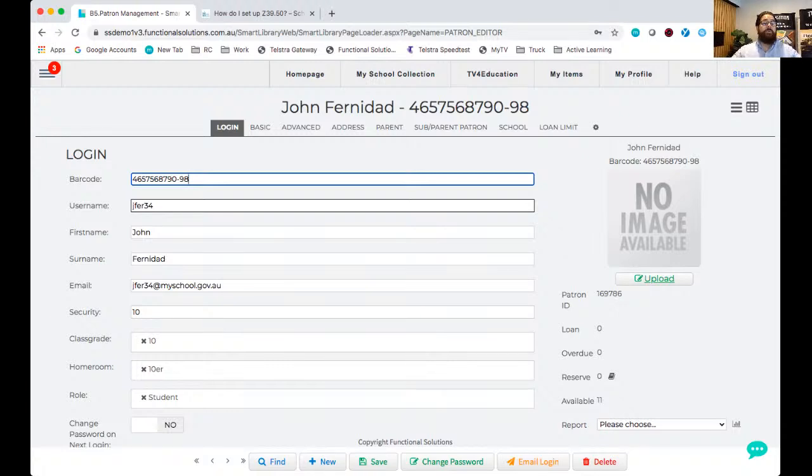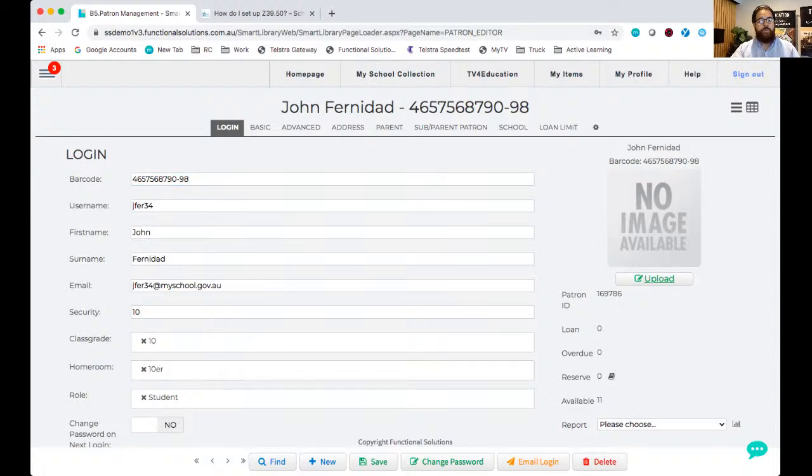The only thing that we need to worry about with our staff members is that last field on the screen here. Now, currently, by default, it always says student. Now, what this does is it controls the different modules that this particular user can access throughout the system. So if we want to give this user access to the teacher tools and give the teachers the ability to create lessons using SmartSuite-Library,